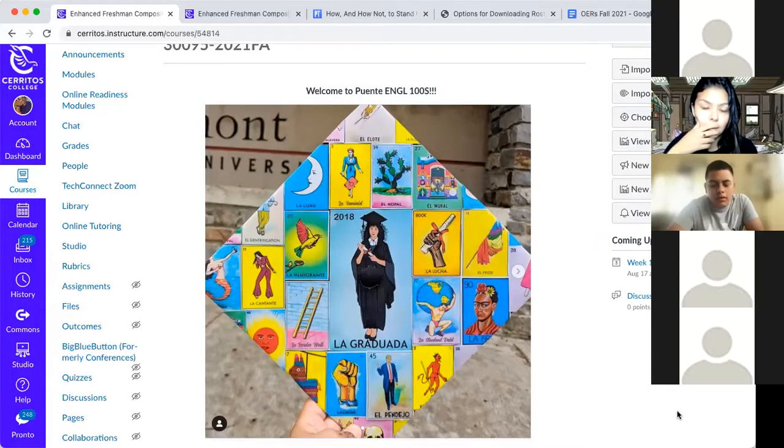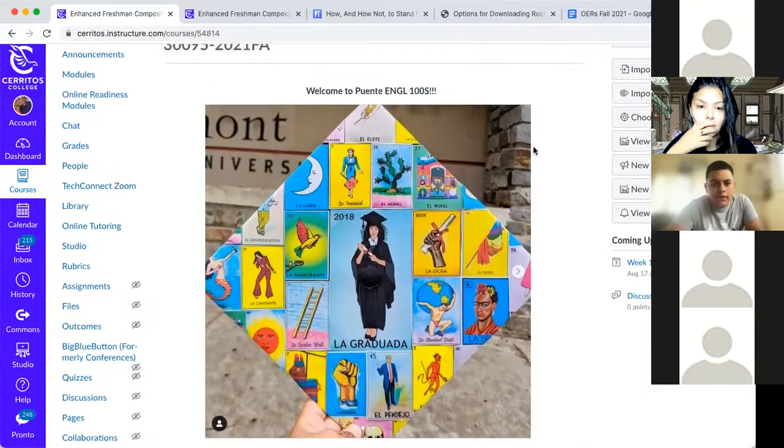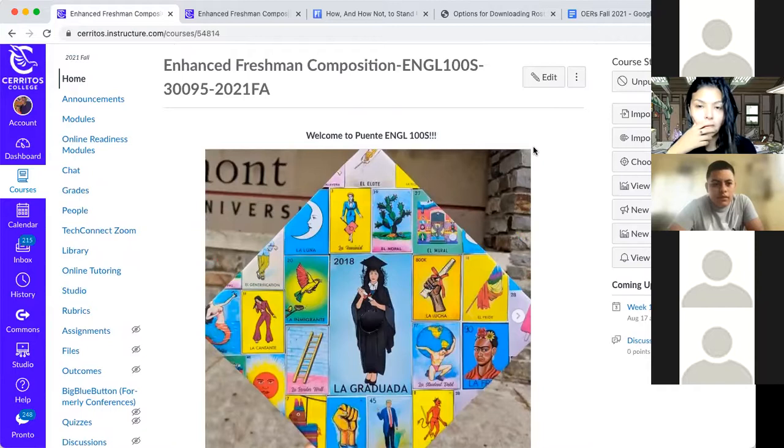So, like I said, this little reflection is going to help you figure out what your priorities are, right? What are some areas of writing that you would like to improve on? And I would like you to share that using our discussion board, okay?